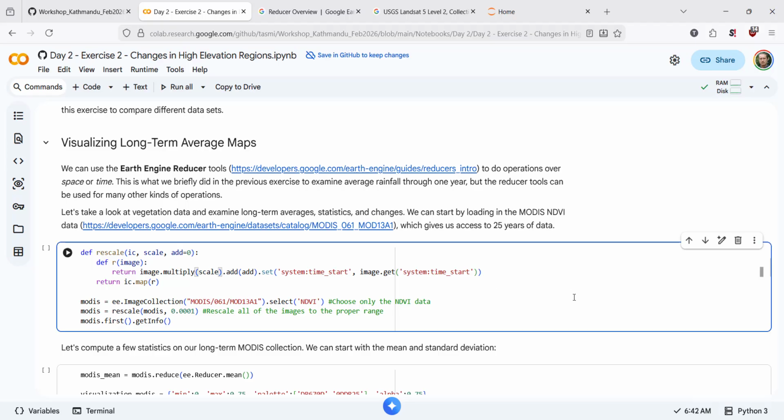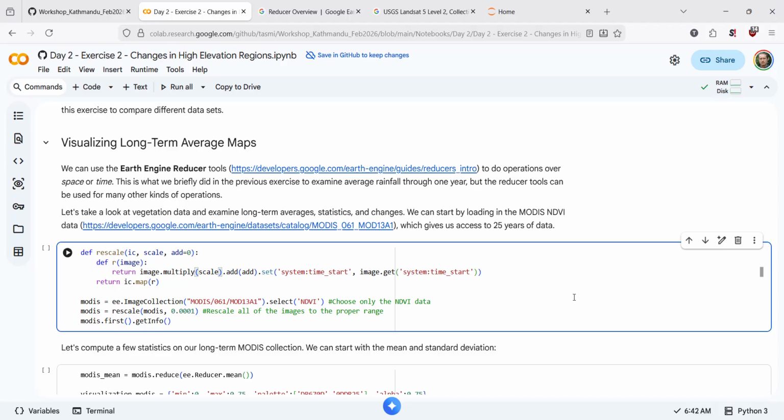So to do a quick long-term average map, the example that I chose is to use NDVI data, so vegetation greenness data. NDVI is basically a proxy for how much chlorophyll there is in plants, so how healthy and productive they are. If they have a very high NDVI, they're quite jungle-like, quite productive and happy. If they're low NDVI, it's something more like a desert shrub or someplace where there was a big fire, things